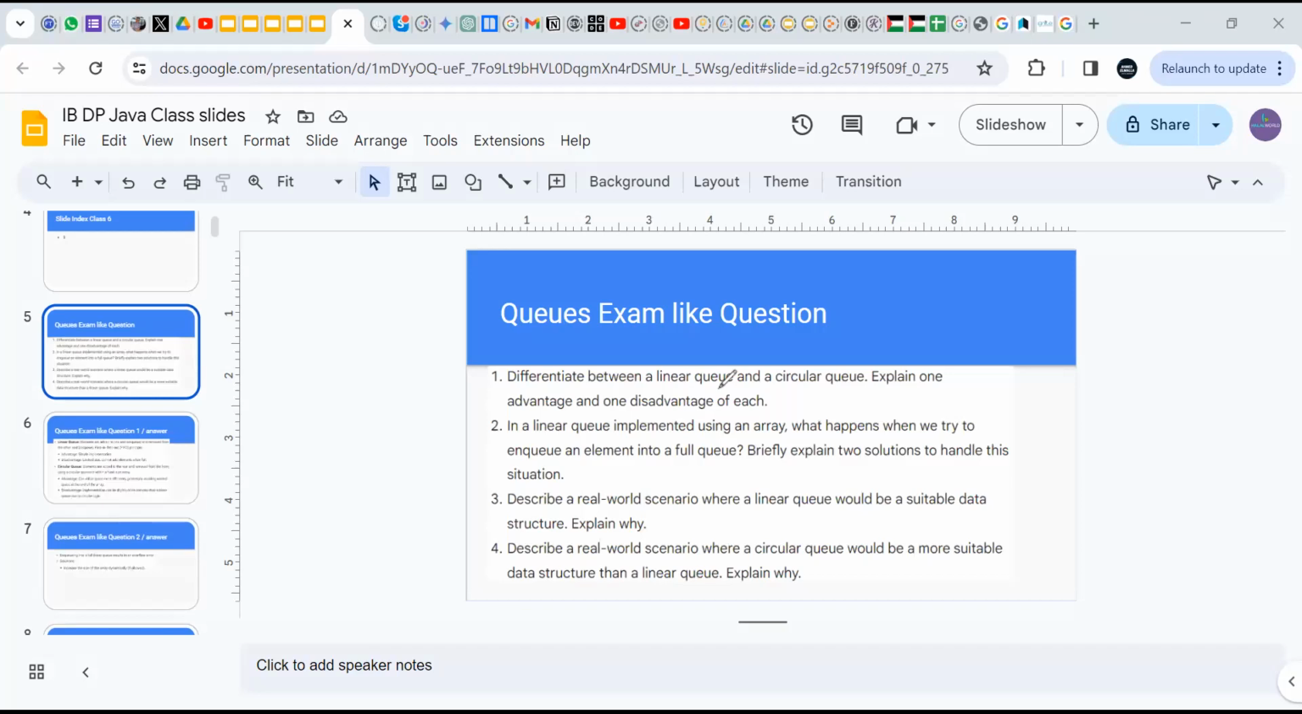Okay. And what is the difference actually between linear queue and circular queue? It would mainly be the structure where, for a linear queue, as you enqueue and dequeue, the number keeps going up. Meanwhile, for a circular queue, there's a given number, but it